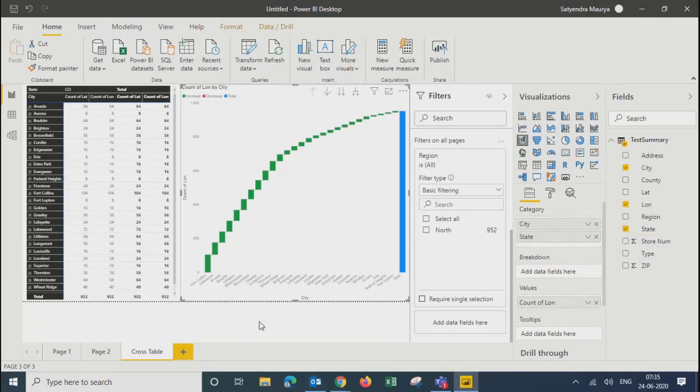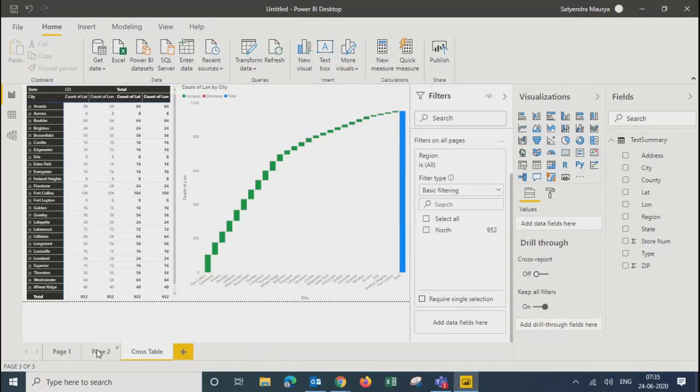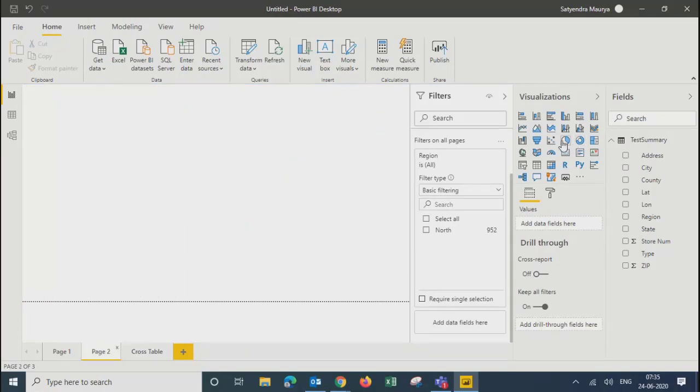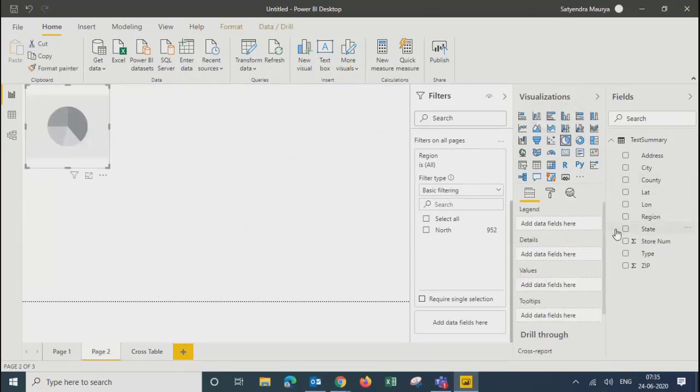Fine. So one thing we have created here on this particular chart, let me just drag random things.